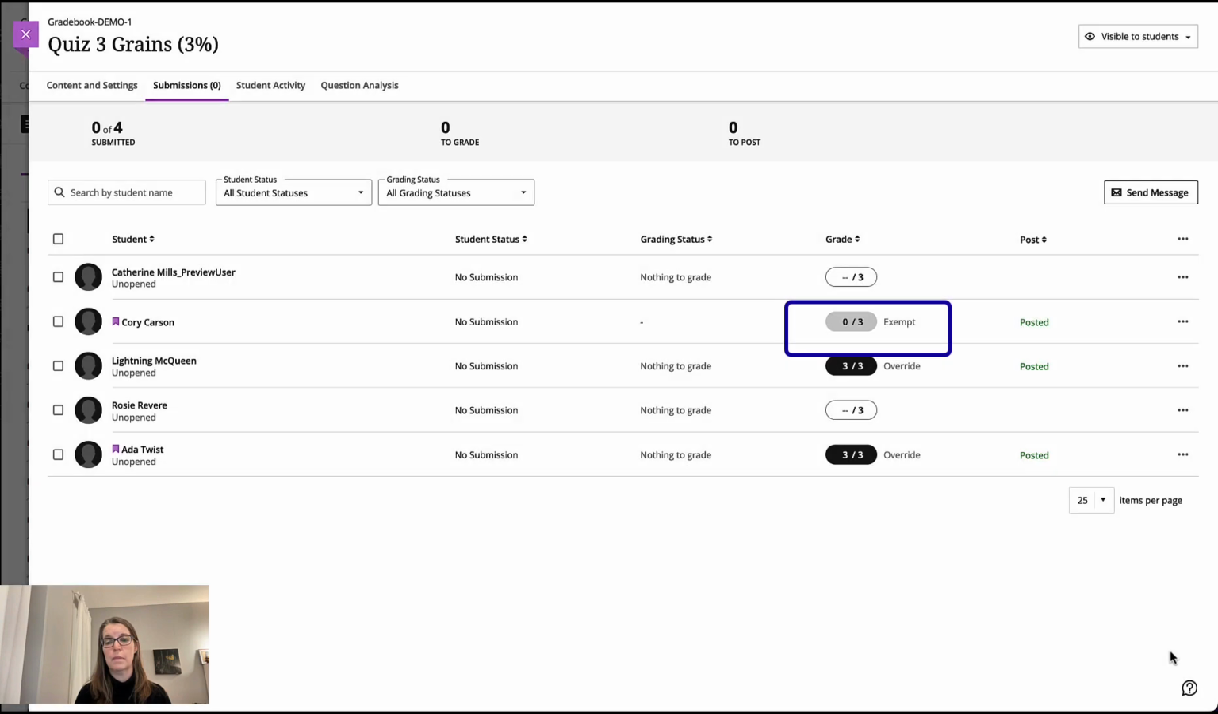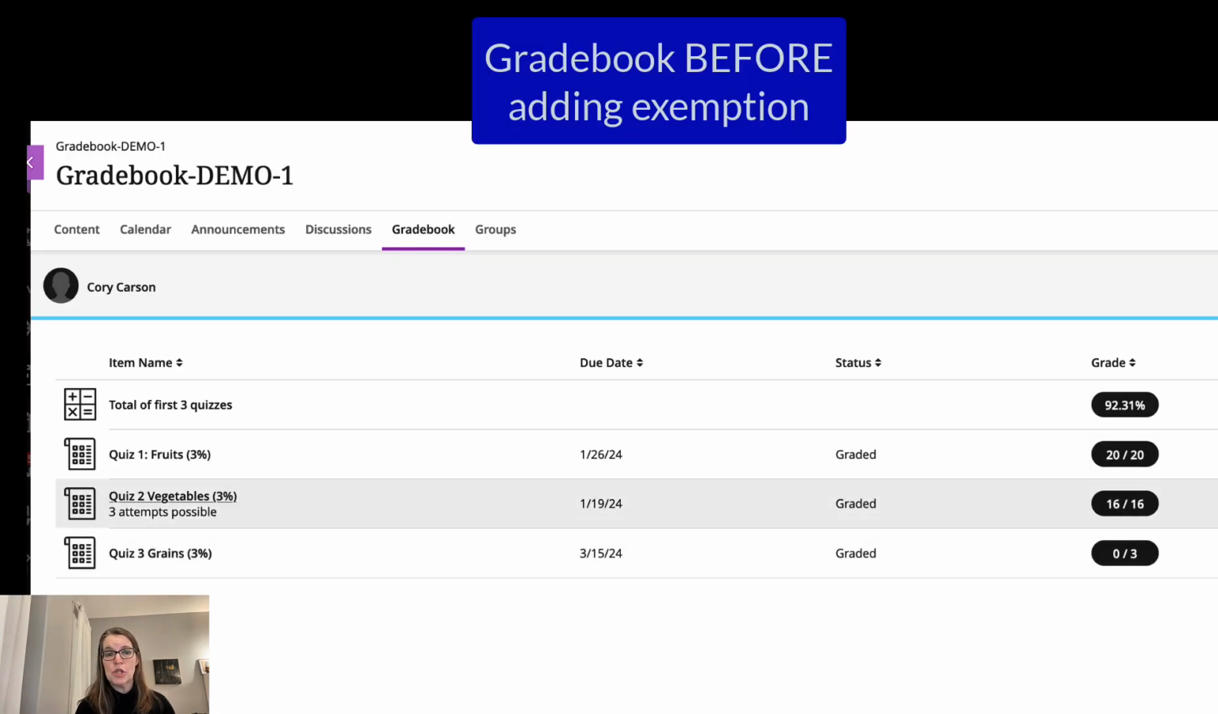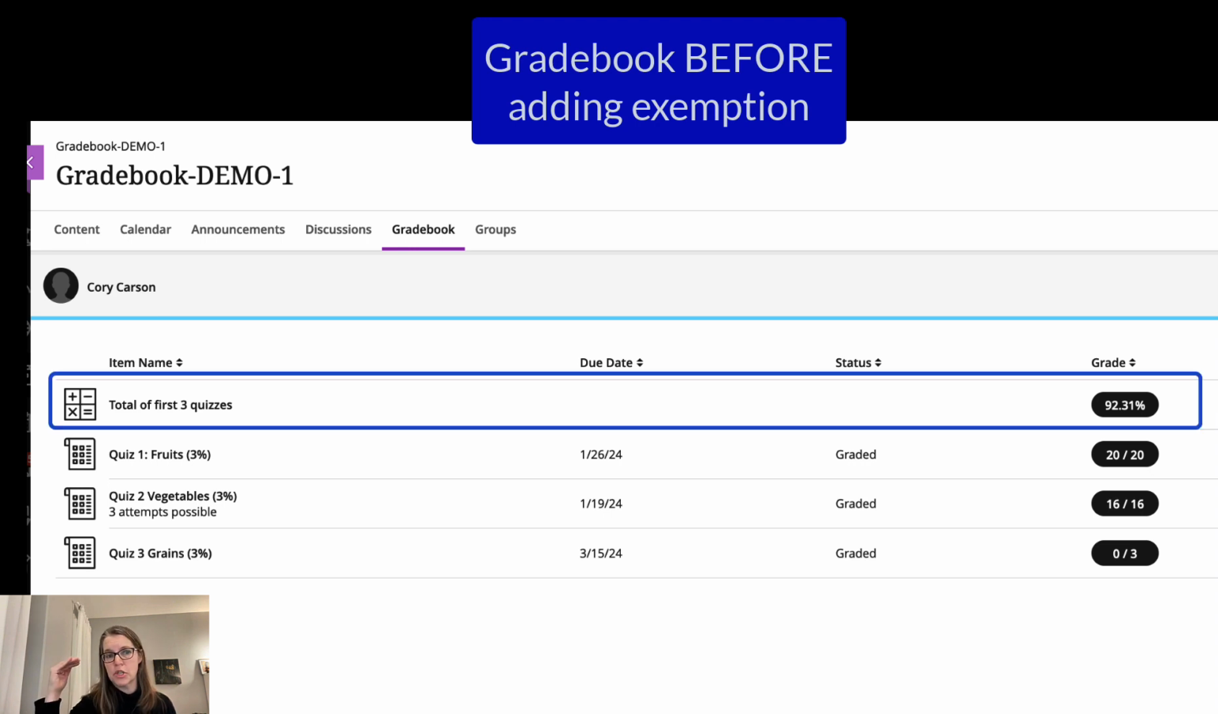for Corey. So to show this, I'm going to show Corey Carson's grade book. So I created a total column that just shows the total of those first 3 quizzes. And we can see that Corey Carson got 20 out of 20 on the first quiz, 16 out of 16 on the second quiz, and 0 out of 3 on quiz 3. So his overall grade out of these 3 assessments is